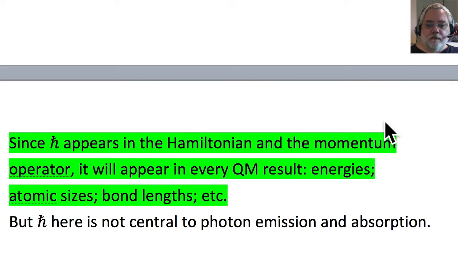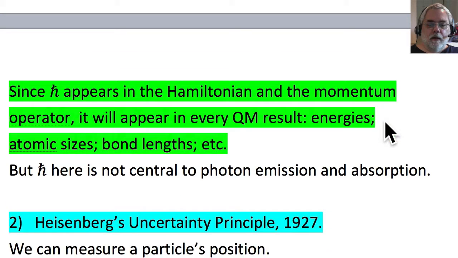Here's the second example that we're going to use. Heisenberg's Uncertainty Principle, which he published in 1927. So published after Schrödinger equation, but Heisenberg had been working on his own variety of quantum mechanics since before Schrödinger. So this paper is not derivative of Schrödinger equation. It's Heisenberg's unique work. You may have heard of Heisenberg Uncertainty Principle, even though you haven't had a quantum mechanics course.